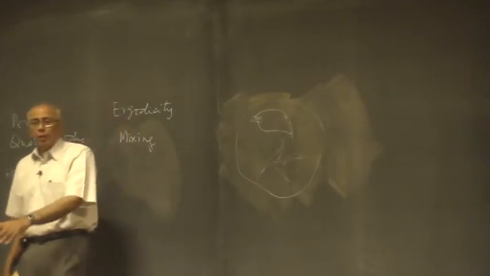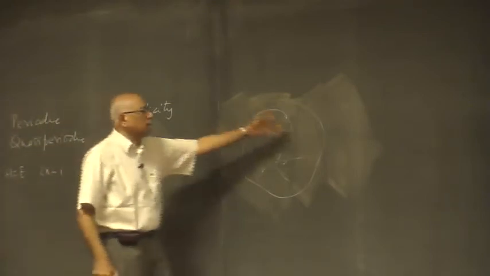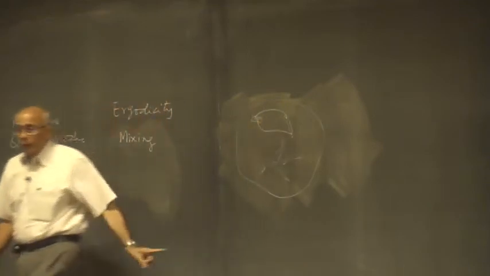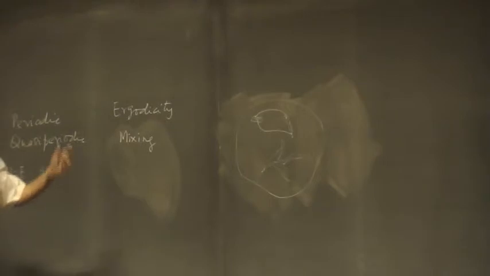Not all points visit all points, no. Some member will visit somewhere, some other member will visit somewhere. So members of the initial set will find themselves everywhere as you go. That's what it implies. So it's very clear that mixing implies ergodicity, but ergodicity doesn't imply mixing, because mixing also says